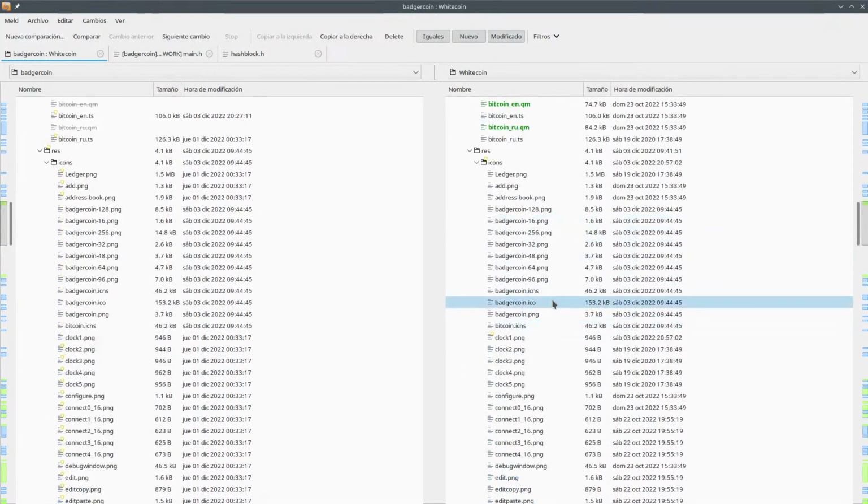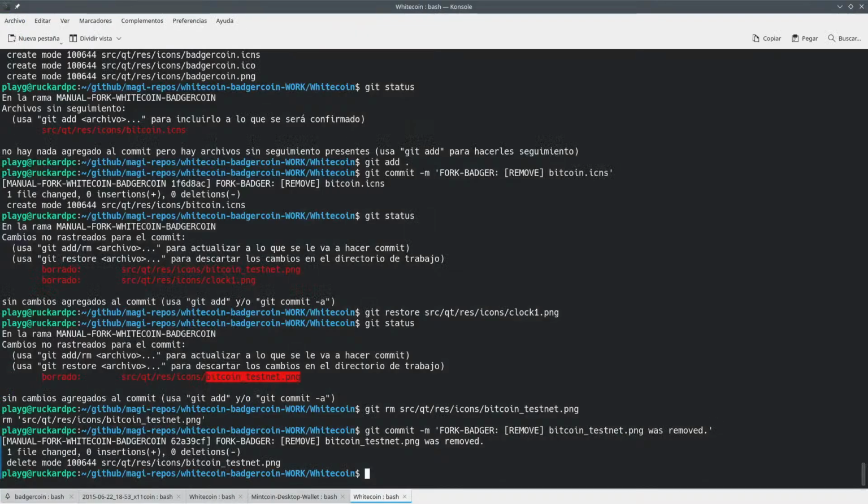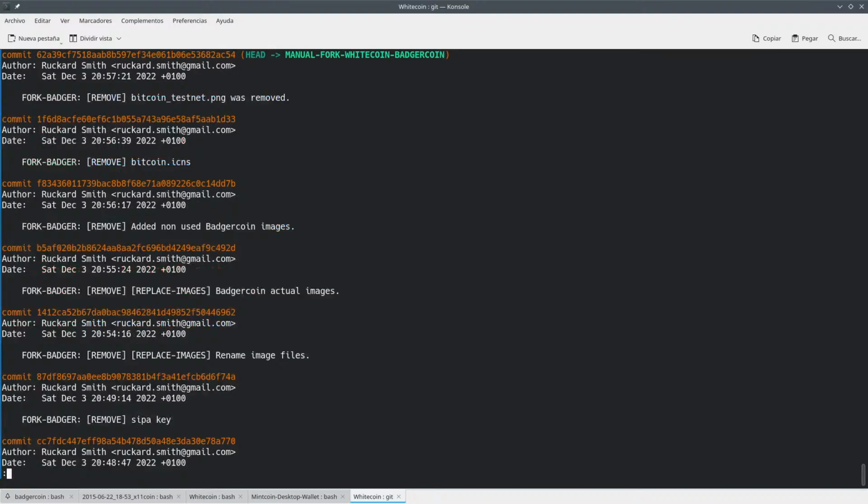We have had the icon PNG here. That's not right. Oh my god. Bitcoin testnet PNG was removed. Yeah, that's right, but at the same time,